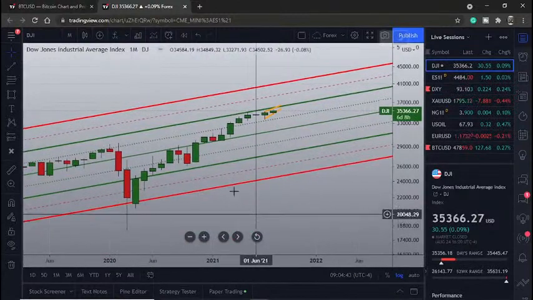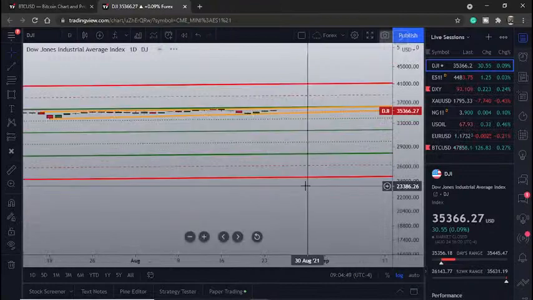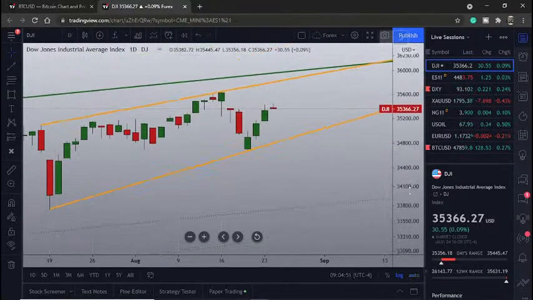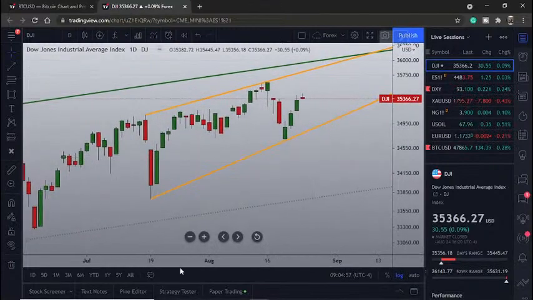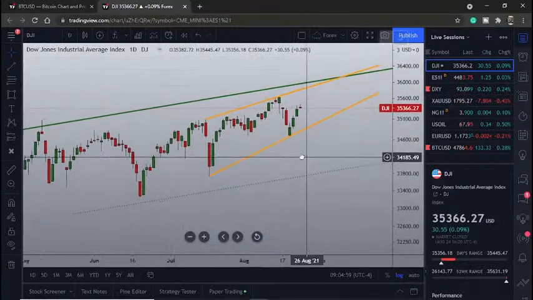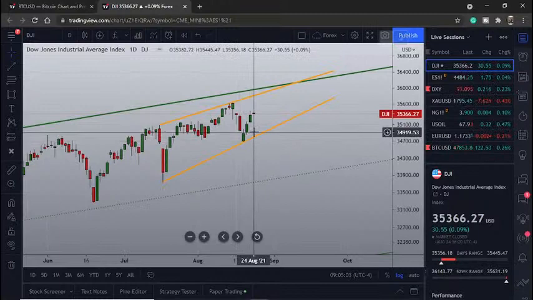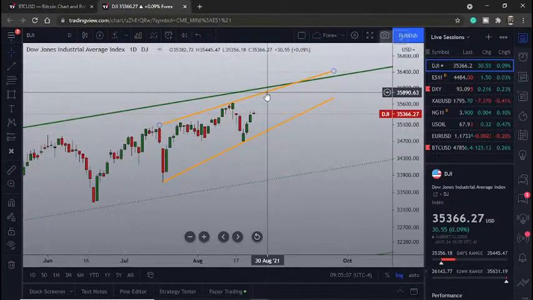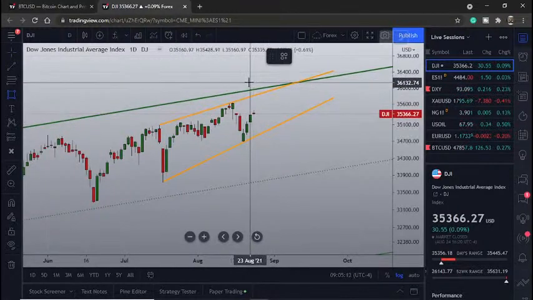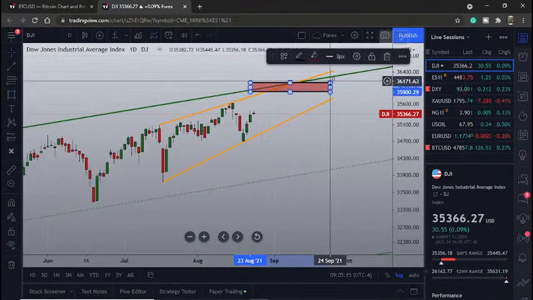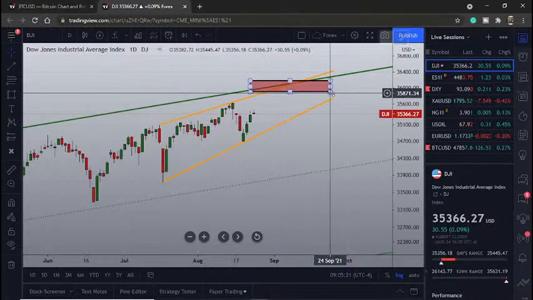Now, let's just move out to a daily chart. Bring back our outer scale and remove, let's keep it on log. Then I'm thinking that we are seeing the end of some sort of ending diagonal in Dow Jones Industrial, meaning that we can still move higher. And if we can move more higher, then we're probably looking at strong resistance for a possible top, perhaps even this year, in the Dow Jones Industrial